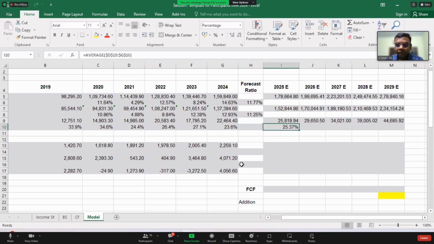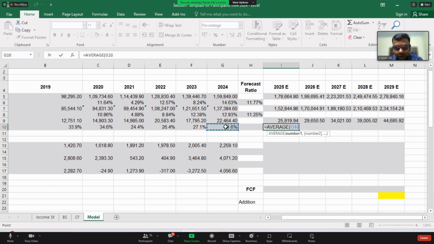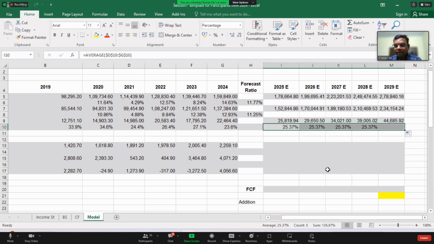There is one more method of doing this. You can take only what is applicable for the last year as well. It is up to you, and you can keep this constant for the rest of the years. If you feel that this is not the correct way of doing it, the best method is to go for the first 4 years, as I told you, average, and you can fix the cell F4, press enter, and then drag it to your right.